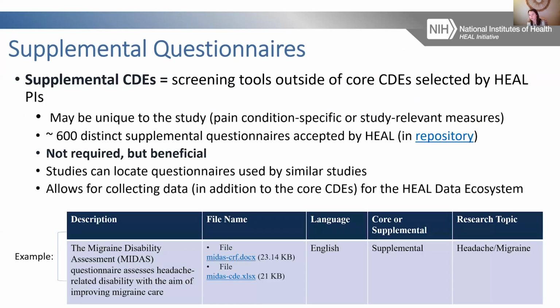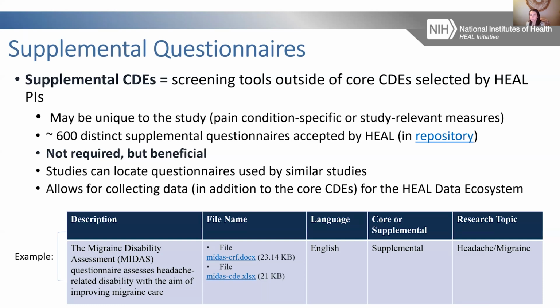As mentioned prior, if HEAL pain studies want to utilize CDEs outside the HEAL required questionnaires, they can, and many do. These are considered supplemental CDEs. These supplemental CDEs are many times specific to the study population. For example, a grantee who's studying migraines may want to utilize, as shown here, the questionnaire MIDAS, which stands for the Migraine Disability Assessment Questionnaire,